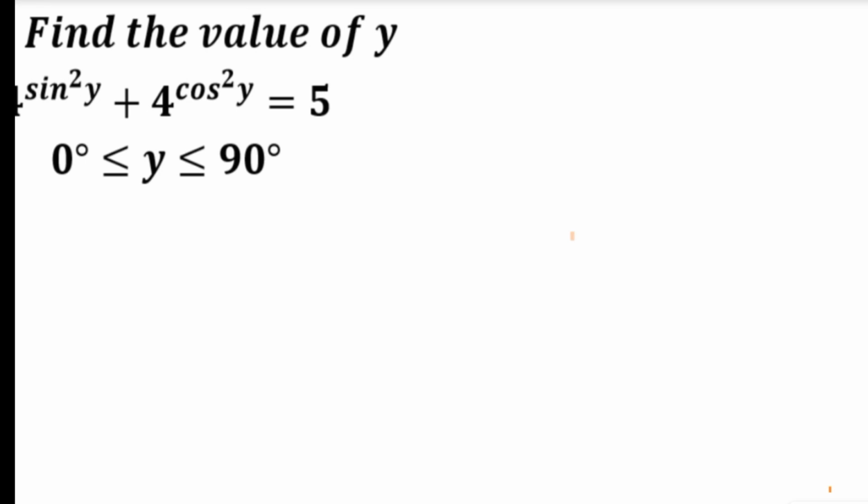In our math class today, we are going to find the value of y in this trigonometry exponential equation. In this equation, we are asked to find the value of y. We are given 4 to the power of sine square y plus 4 to the power of cos square y is equal to 5. And we are given a condition that our y must be between the range of 0 degree to